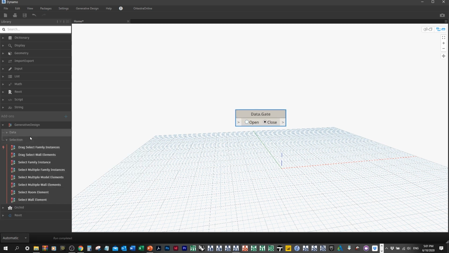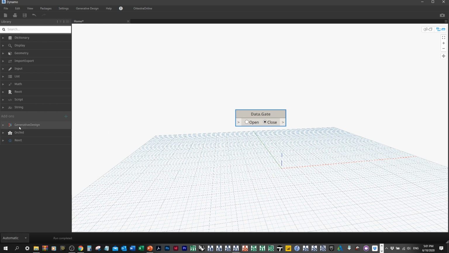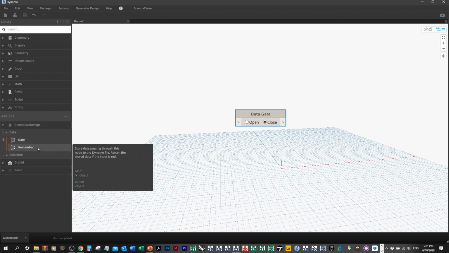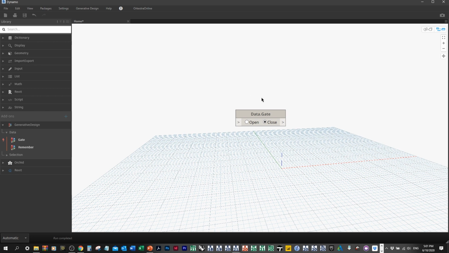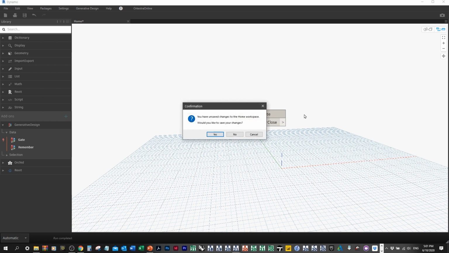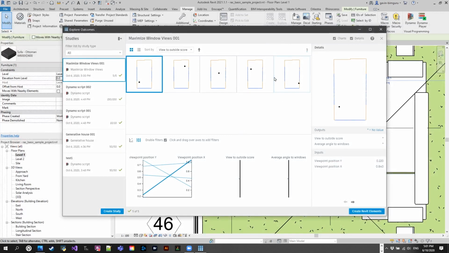But I haven't actually done too many scripts that generate elements, so I might be mistaken here. But yeah, I'd at least experiment with this node and an element creation on the back end of your script, such as just to create a wall or something like that. And I think that's at least how that process is intended to work. So you don't create the element until you nominate the study that you're happy with. And that's the point where you can send the final creation of those elements back to the actual Revit model